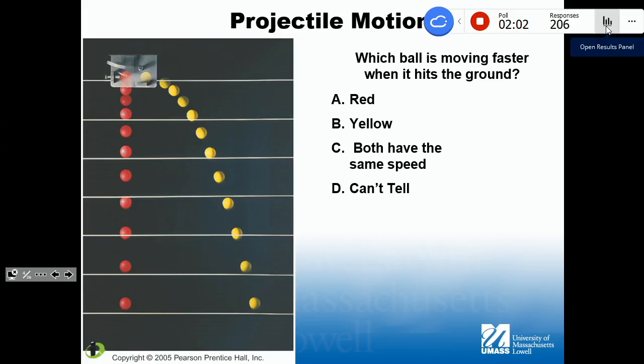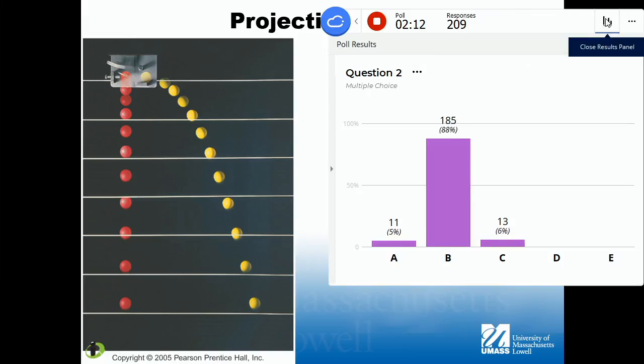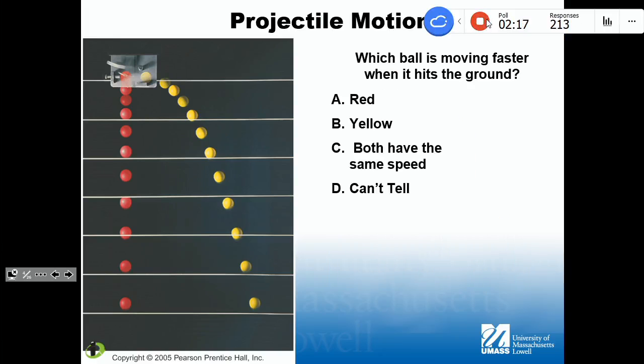Everyone with me so far? Okay. Right, so click something if you haven't yet. Let's, yeah, that's the correct answer. So yellow, stop, and